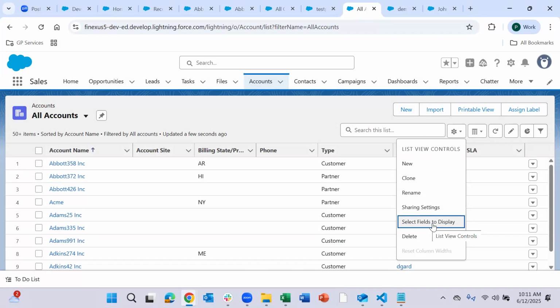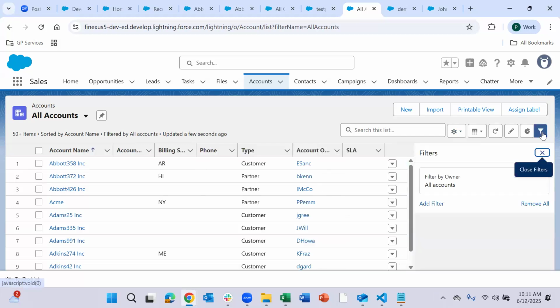See what select fields to display does. And try deleting also. It's not a problem. Create one list view, delete one list view, try to clone it, try to rename it, and try to add a few more fields to the list view and remove a few fields. Just play around with this gear icon and try your own filters.